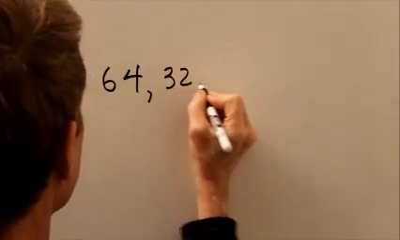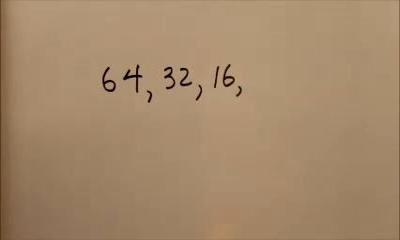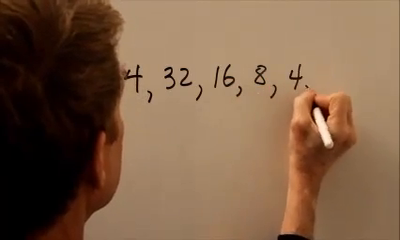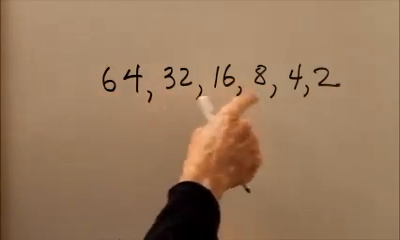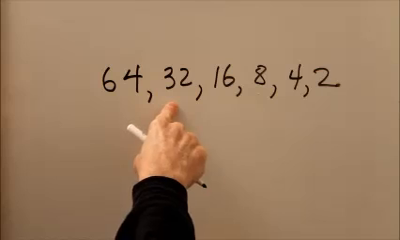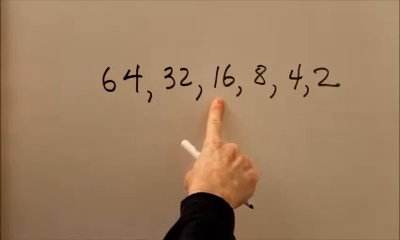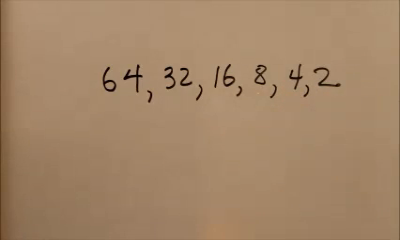64, 32, 16, 8, 4, 2. Notice that these numbers constantly become half as large. 64 divided by 2 is 32, divided by 2 is 16, divided by 2, and so on, all the way down